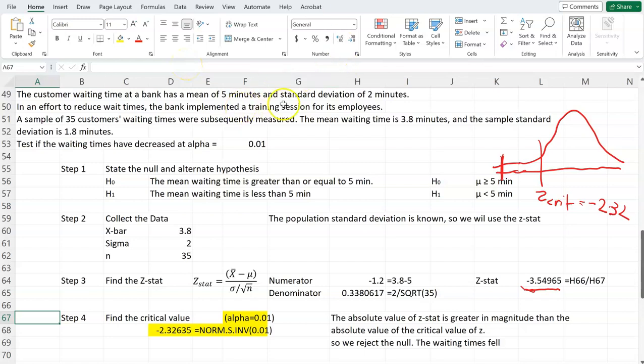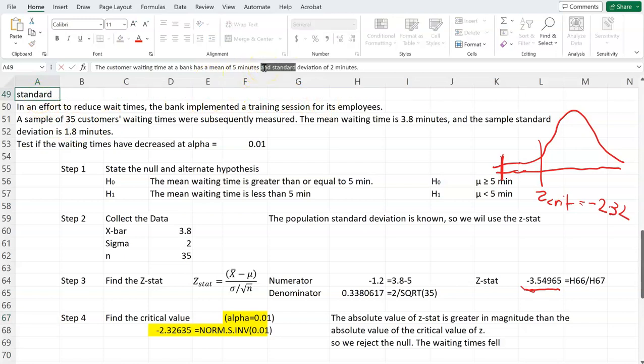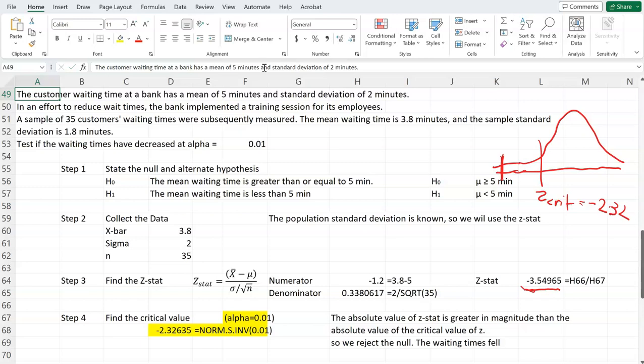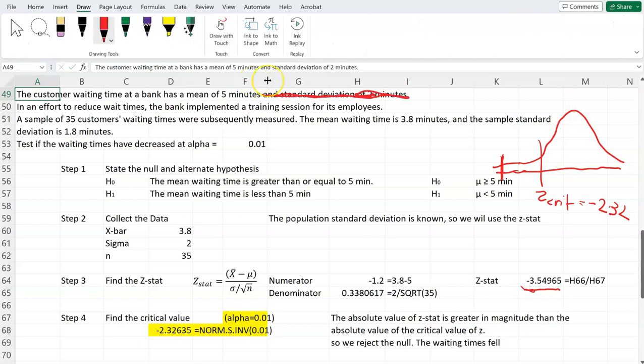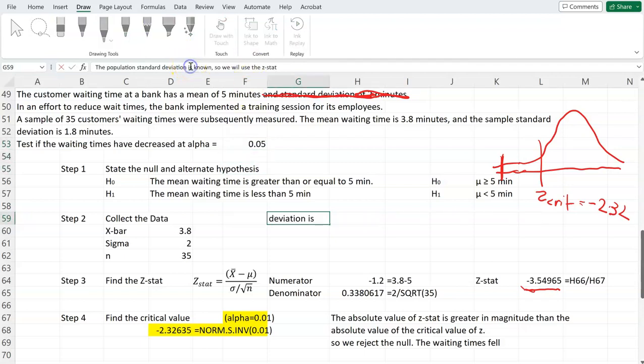Now let's look at what will happen if we are not given the population standard deviation. Let's say we do not have this statement. So this is missing from us. So if that's missing, then we don't have sigma. So if we don't have sigma, and let's say we start at 0.05 again, if the population standard deviation is not known,